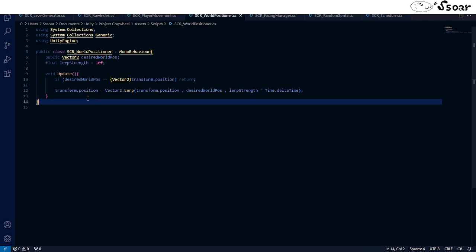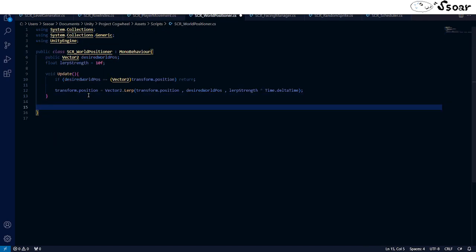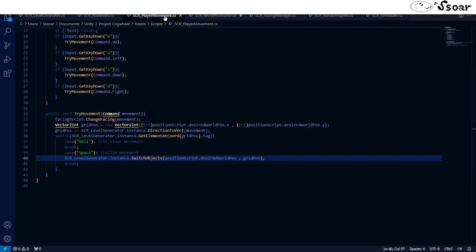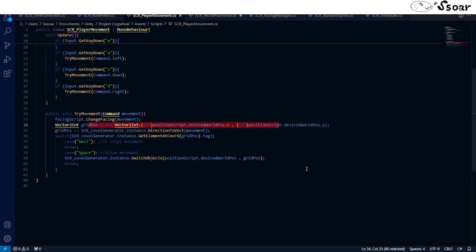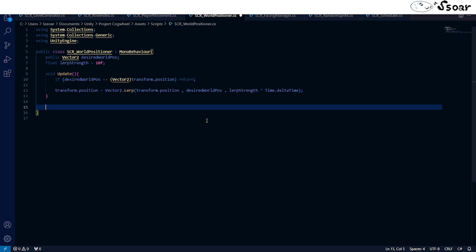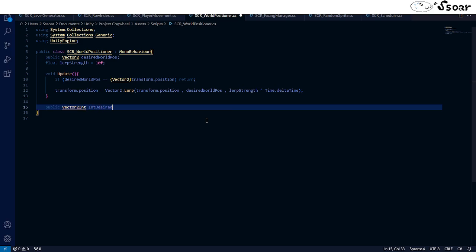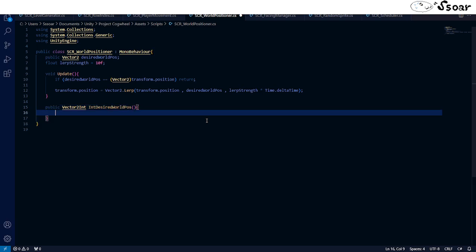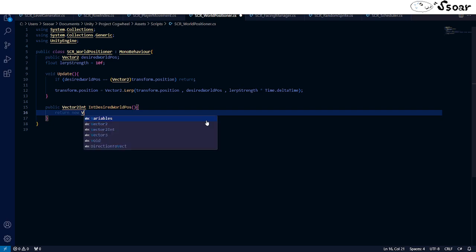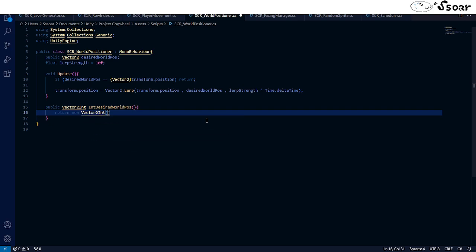Okay, well, the world positioner is going to have a function that just spits out the integer version of that, because this is a pain in the ass to write every time. So, public, it returns a vector2 int. It's going to be called int desired world position. It's going to return a new Vector2Int that is going to be